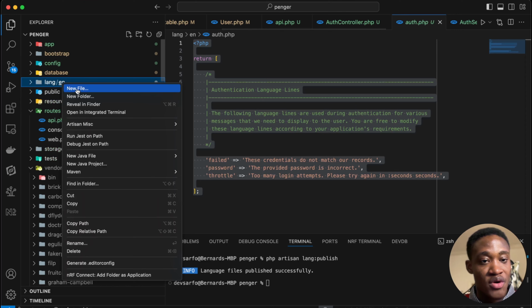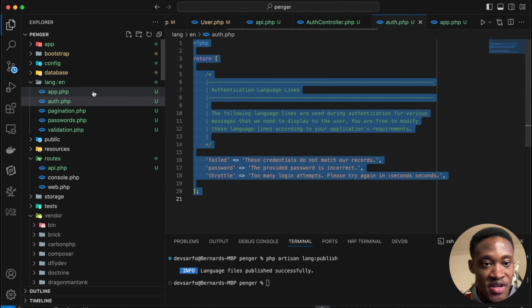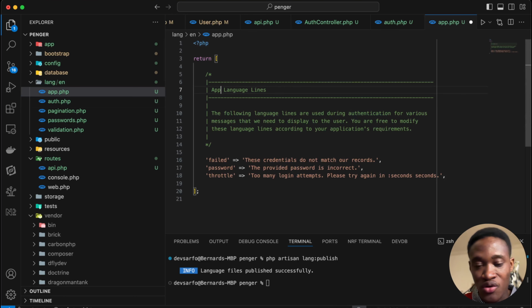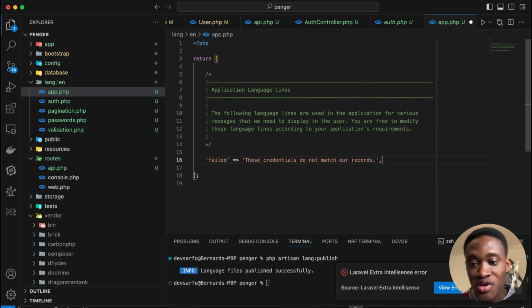So we are going to create a new file called app.php. You can just duplicate the authentication file, and we call this application language files. It's going to be used during the application for various messages here in the application. Yeah, good. So here we are just going to change this into